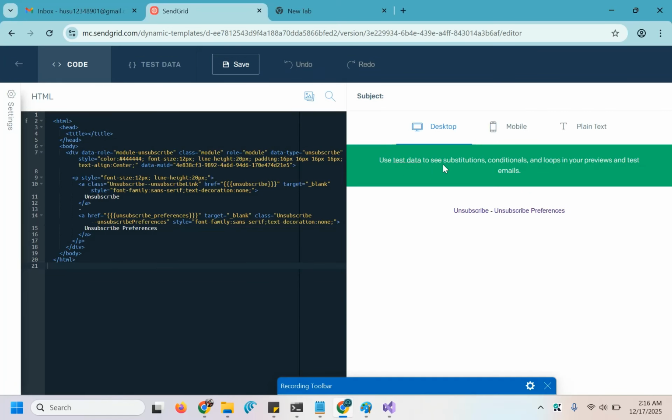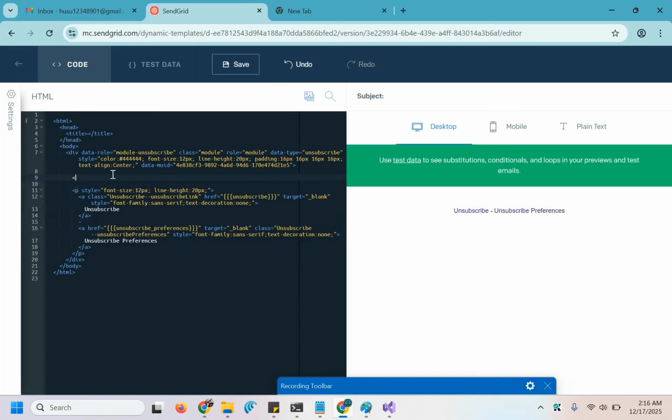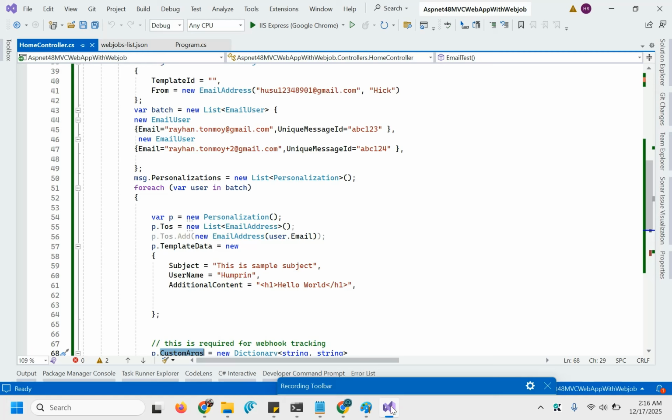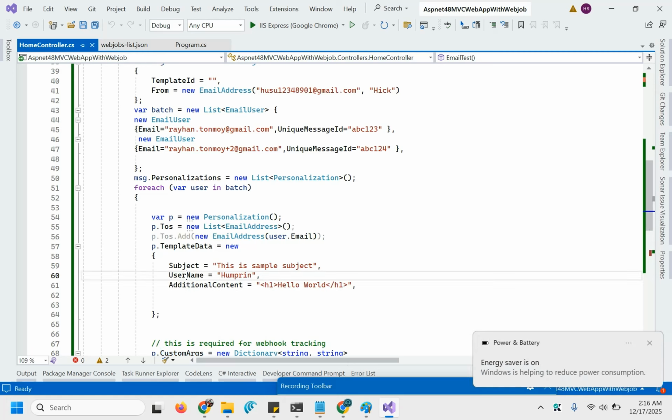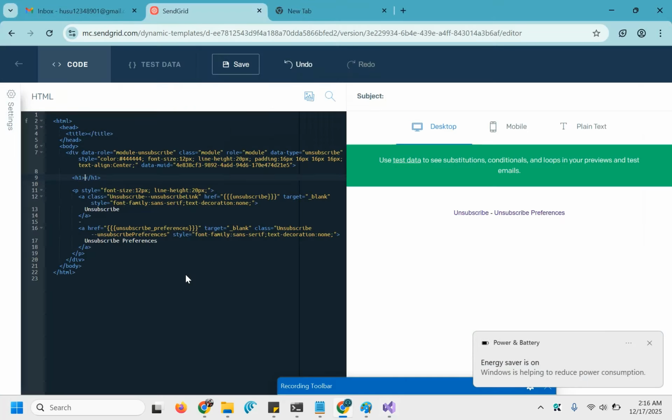Now, this is the preview, and I will simply use something like h1, and here what I was using in that code, subject, username. So let's use username here as a variable.